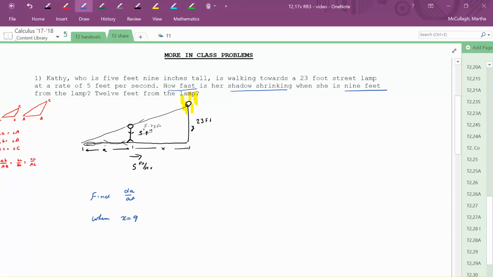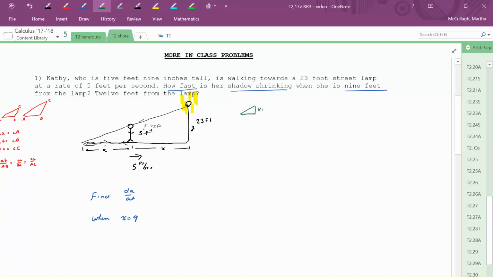So we need an equation, back to what we did yesterday. We need an equation that's going to combine all of the information we're looking for. And while the Pythagorean theorem is great, it is not a way for us to take all of these pieces and put them into a single equation. So that's where we're going to go back to that geometry review. We're going to say that if we take Kathy's height relative to the length of the shadow, so Kathy's height is to the shadow as the street light is to the entire distance,